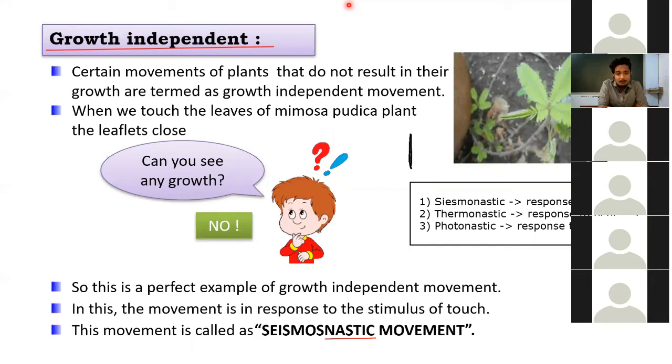When you talk about the mimosa plant, on touch it shrinks. It is a defensive mechanism against cattle. So when cattle come nearby, as soon as they touch the leaves, the leaves shrink. So what the cattle will see is that the leaves have shrunk, and they will simply pass away from it. Later the mimosa plant returns to its original position. Cattle do not eat leaves that are dried up, and that is how nastic movements are used.